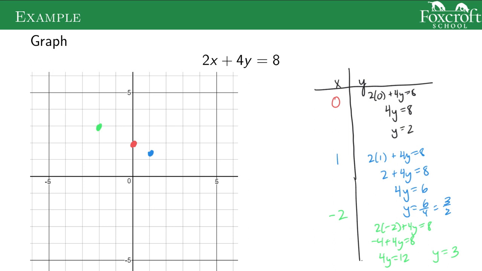Right, and for me, that's enough to know what the graph is going to look like. Actually, 2 is enough because I know this is a linear equation, so the graph is going to be a line. But you could keep doing this forever. You could plug in -1. You could plug in 3. You could plug in 5. You just keep doing this until you're comfortable that this has to be the graph. Again, if you recognize this is a linear equation, then that just means your final answer is a line. So this is the graph